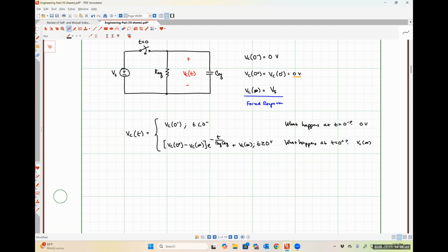So if we substitute in t equal to 0 into this expression, we wind up getting 0 minus Vs times e to the 0 plus Vs, which does wind up equaling 0. So now our capacitor voltage is correctly a continuous function in time. Okay. So more generally,